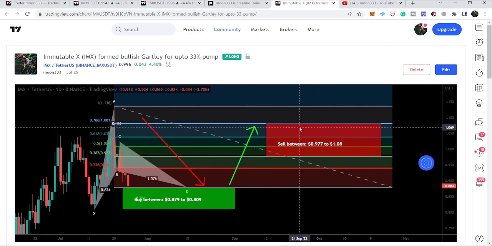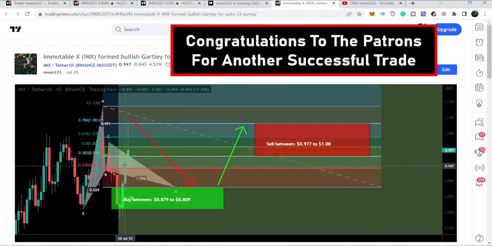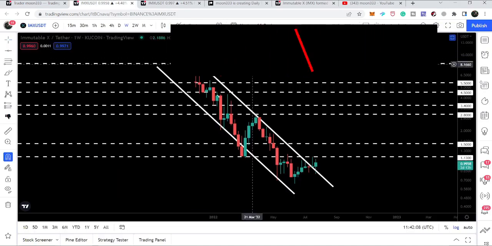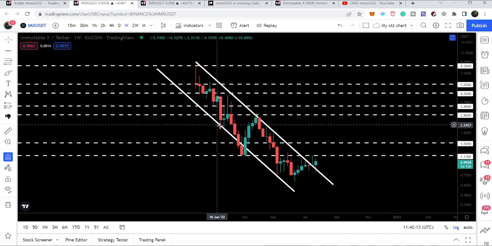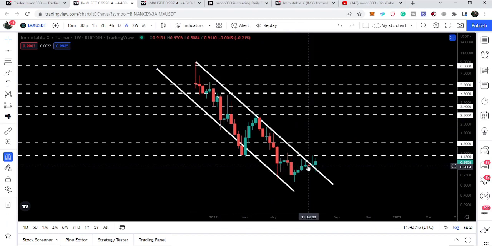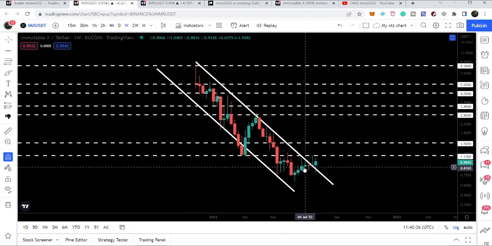After playing out this chart, we can see that the price from this potential reversal zone or buying zone of this Gartley move rallied very well, and we had a move up to $1.076. That was more than a 30% rally on this daily time frame chart. Now if we take a look at this live weekly time frame chart, then you can see that during this move Immutable X has also broken out of this very long-term down channel. You can see it started the formation of this channel here on 29th of November,